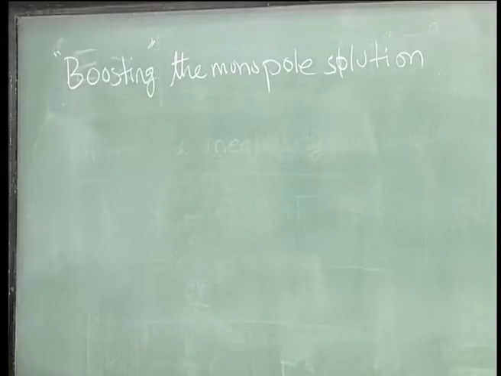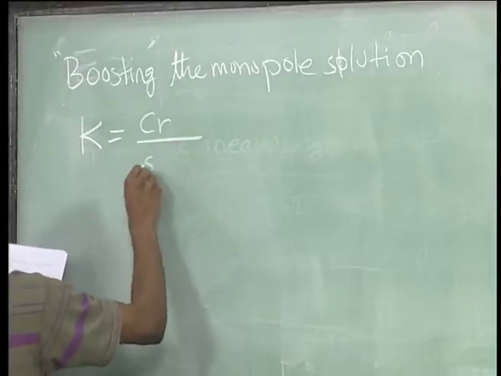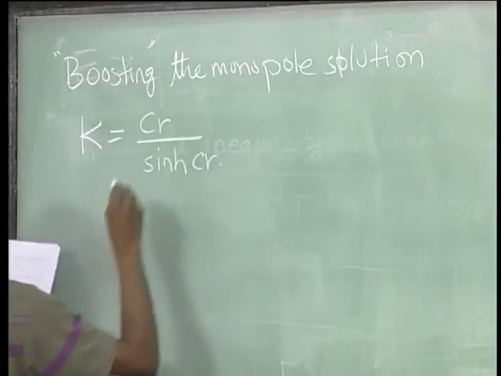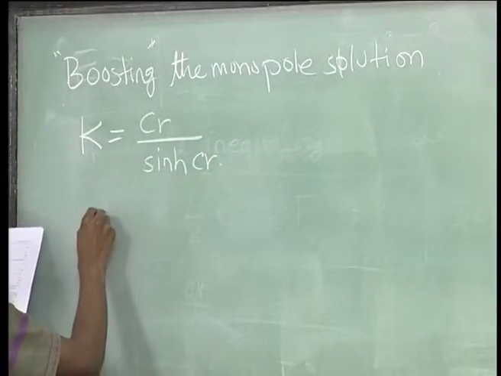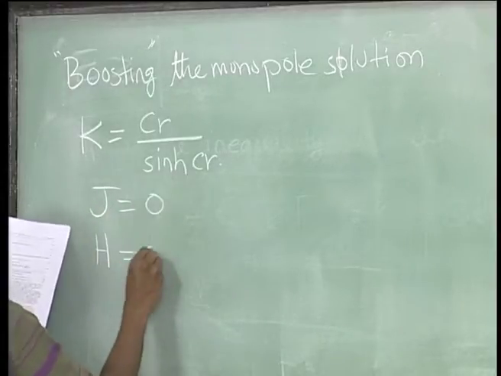What was that solution? That was k equal to C r by sine hyperbolic C r, and it was obviously j equal to 0, h equal to